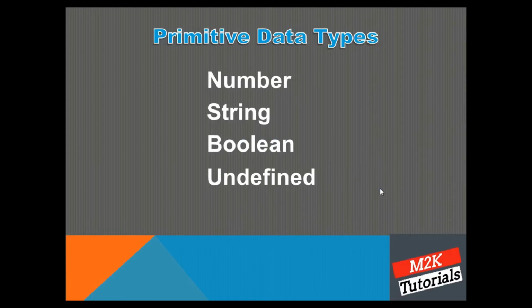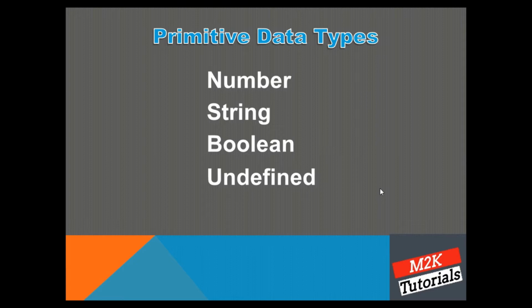Okay, so there are mainly two categories of data types. One is primitive data type and the other one is complex data type. Let us first understand what primitive data types are. Primitive data types are those data types which don't have any method associated with them, and they are immutable also. When I'm saying immutable, it means that you can't change the state of those variables which are primitive data type. Although you can assign whole new values to those variables, their reference will not change. Don't worry if you are not able to understand right now. We will have a whole video about mutable and immutable types.